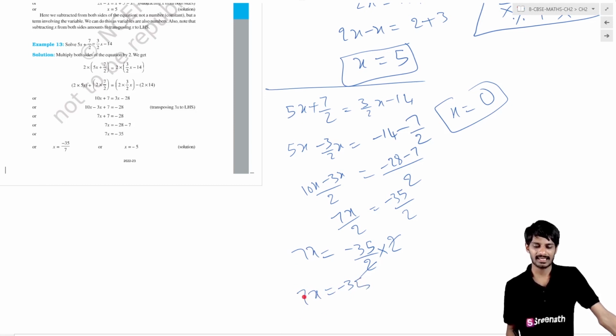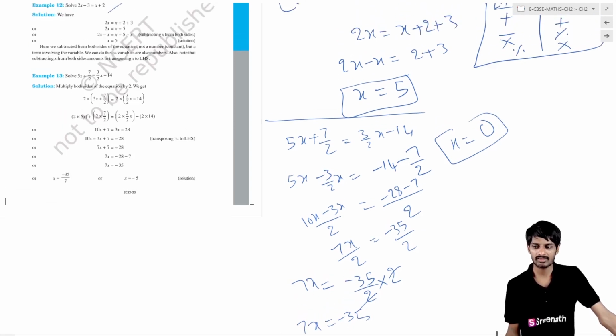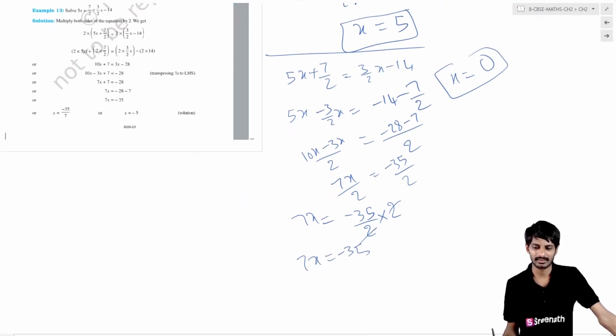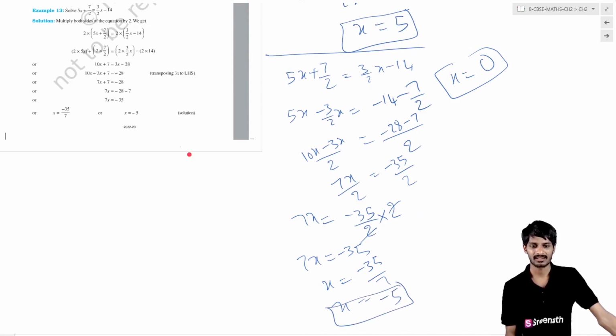Again here 7 is there. It is multiplying here. What I have said, whenever anything is multiplied on the left hand side, then we have to shift it to the right side and divide it. After shifting, it must be divided. So x equal to minus 35 divided by 7. So finally, what is the answer? 7 5s are 35, so minus 5. x equal to minus 5 is the answer. So this is the solution.